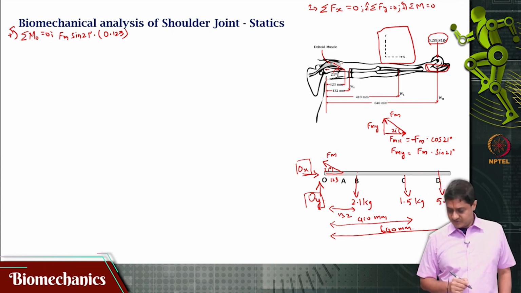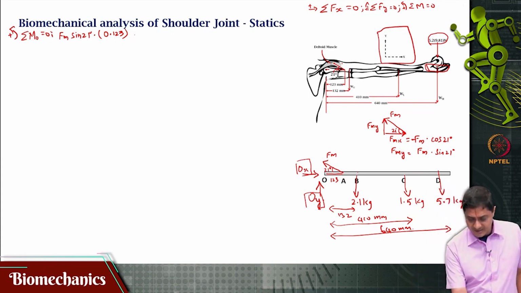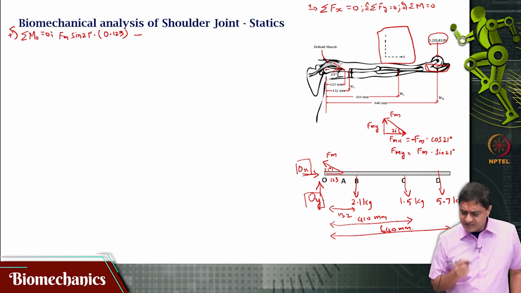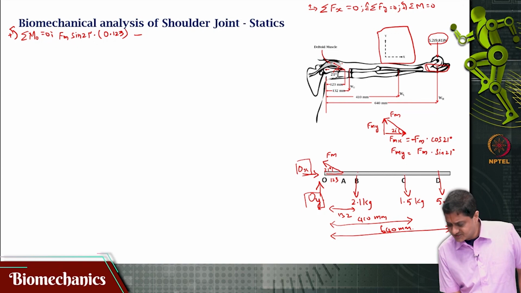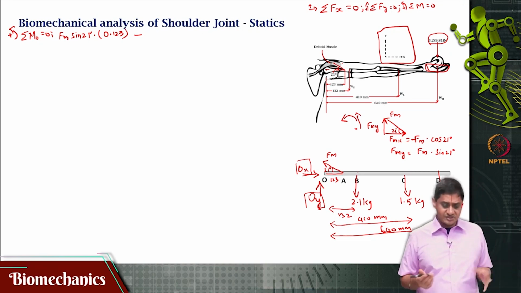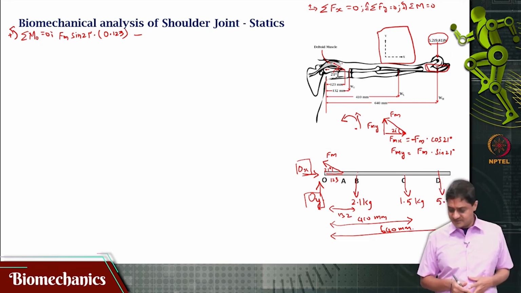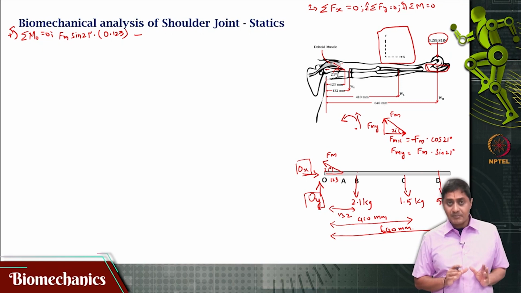So, 0.123. Will this be a positive moment or a negative moment? Well, because Fmy is acting in this direction and the joint is here, it will be a counterclockwise moment, which is positive. So, Fm sin 21 times 0.123 is positive,